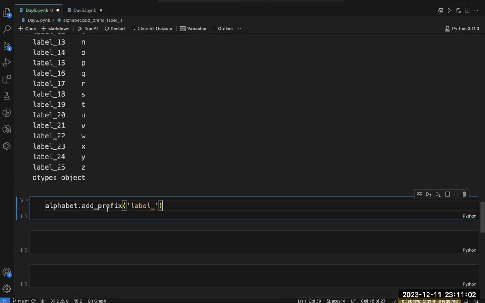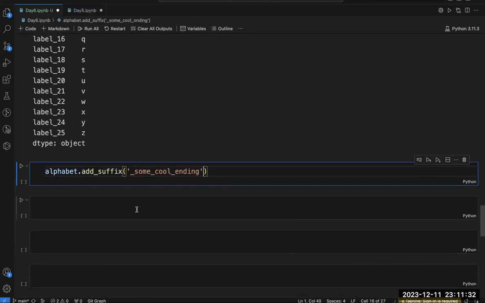So if I want to add a suffix, simply what I have to do is change here. I have to write suffix in place of prefix. And let's say this time I want to add some other suffix, like underscore cool underscore ending. Let's say I am adding this suffix.